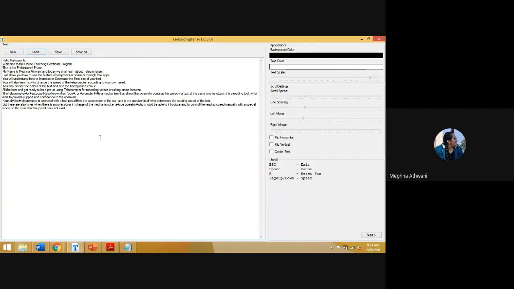Miss Priyadarshini, is there any difference in using teleprompter in Mac and Windows? Ma'am, it depends upon your system. I don't think there is a difference because the teleprompter looks like a teleprompter in every system, but there are some specifications in Windows and Macs. I don't think there is a difference, at least I have not seen one. Thank you. I have loaded my TXT file.